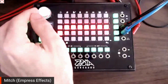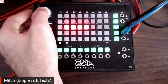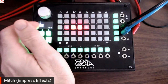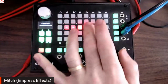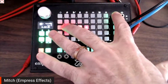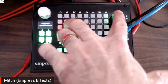And that number of lights is how many parameters you can edit on the effect itself, as well as the in and out. So I'll place this overdrive on here, and the audio in is always the first light, and the audio out is always the last. So I could just patch that. Okay. See, these buttons are dedicated for the audio in and out. So I just patch my